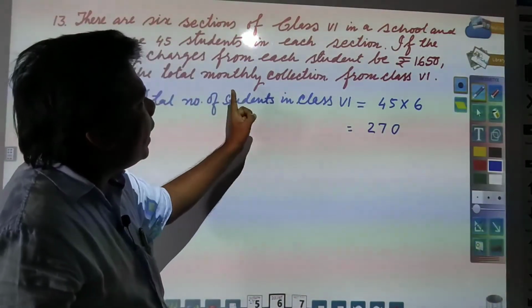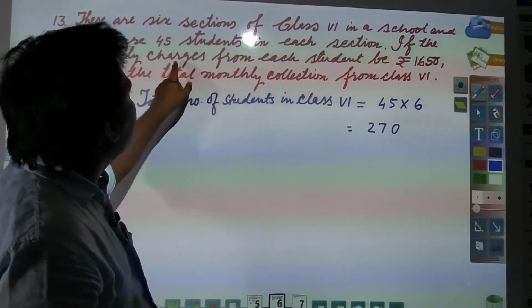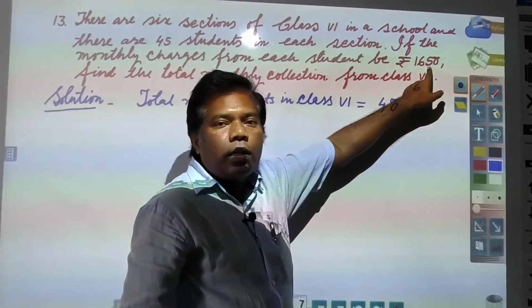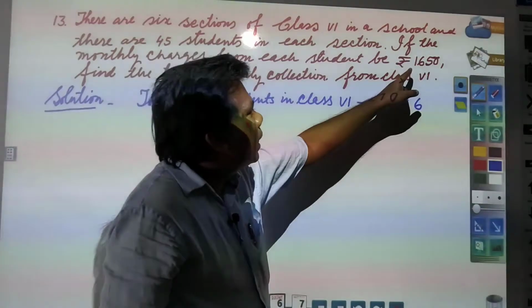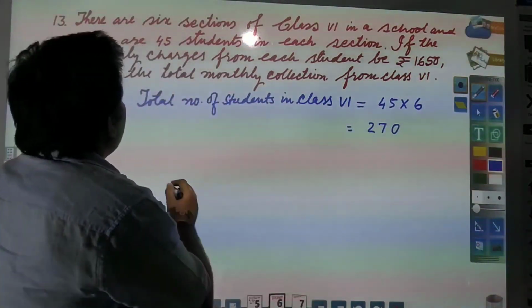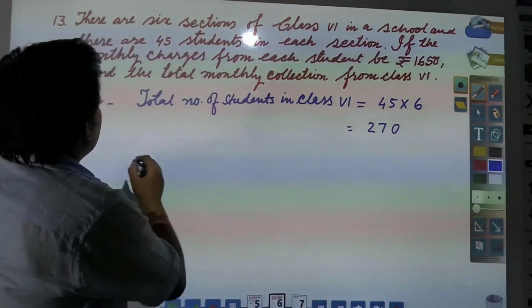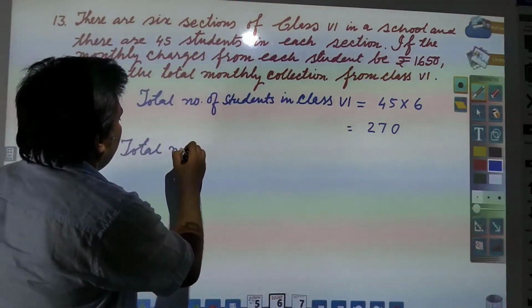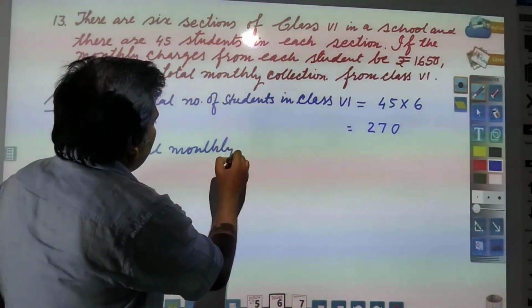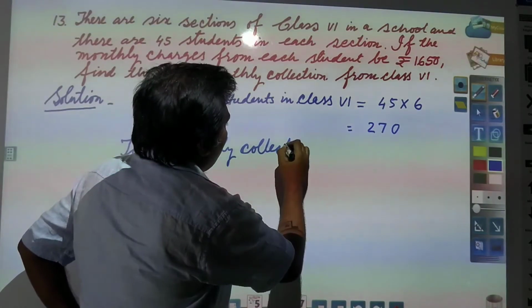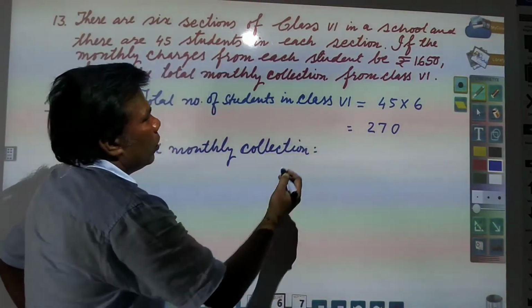Now one child is paying how much? Monthly charges are how much? One child is paying 1650. So total amount will be 1650 into 270. So we will write total monthly collection. Total monthly collection will be equal to